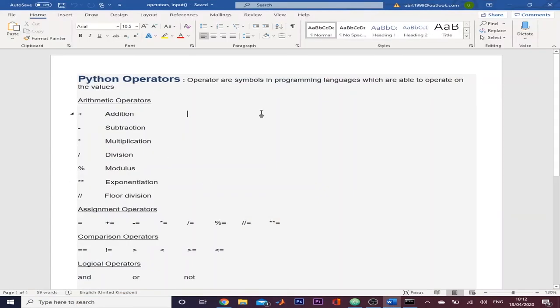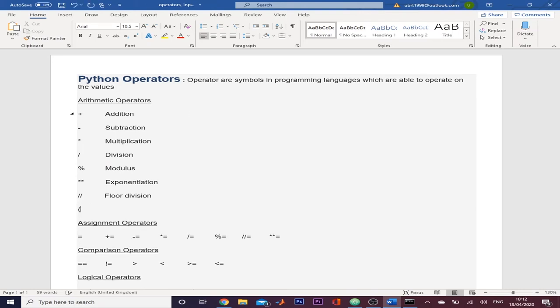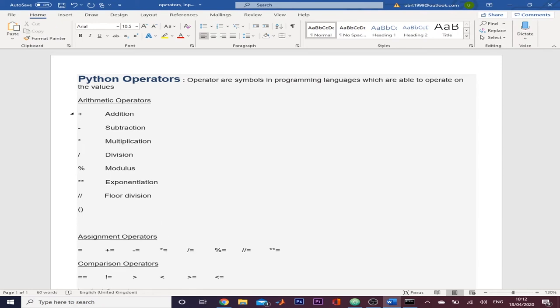Now when we have seen all the arithmetic operators, we will discuss their order of evaluation. First of all, if we use parentheses, then these parentheses are above all the orders. If we have used parentheses, then they will be calculated first. Next will be the power operator. So after parentheses, the powers in the expression will be calculated, and this power operator is right-associative, meaning that it will operate from right to left, such that if we have 2 power 3 power 3, first of all 3 power 3 will be calculated, and the answer will be the power of 2.